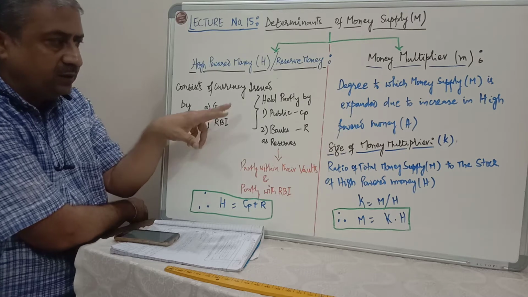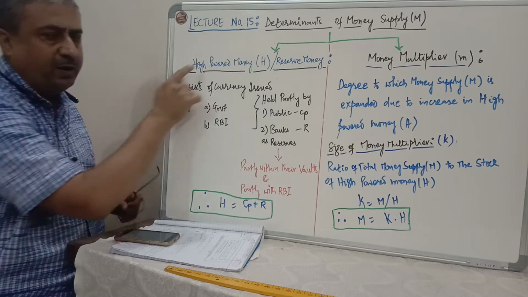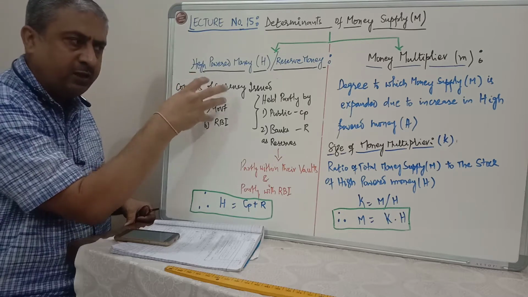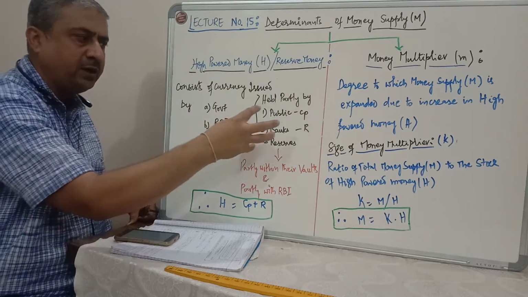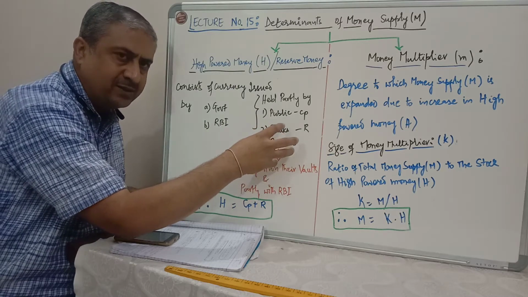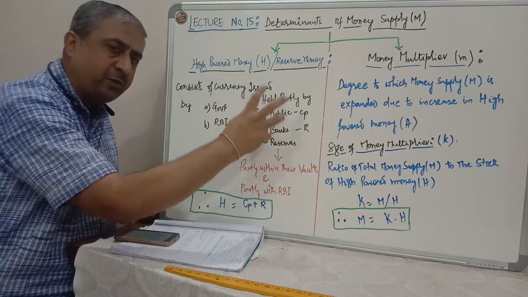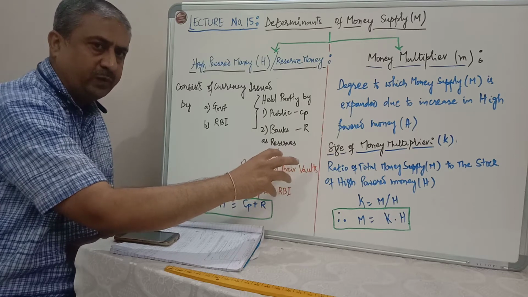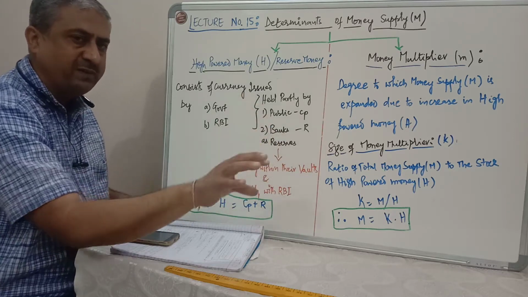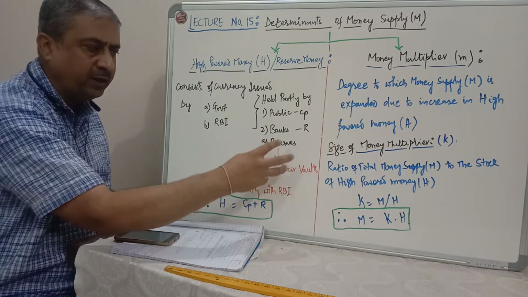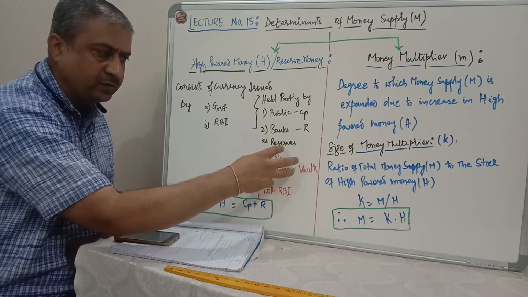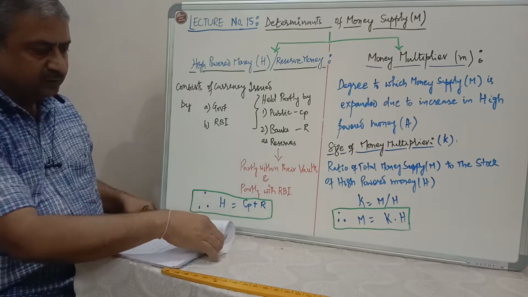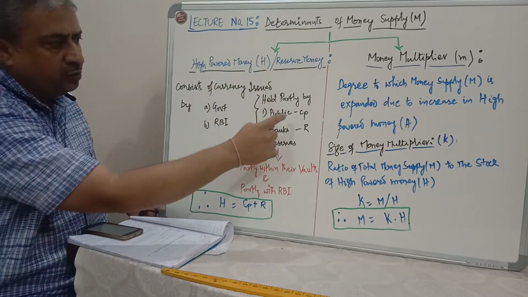right? Try to understand. High powered money consists of currency issued by government and RBI. This whole currency is partly held by public for its own consumption and partly held by banks as reserves. Now banks get this money from the public as part of their savings. Banks keep some part of the savings of the public as reserves, right? And amongst those reserves, the banks keep some money with itself and some money with RBI. Hence, high powered money H is equal to CP plus R,